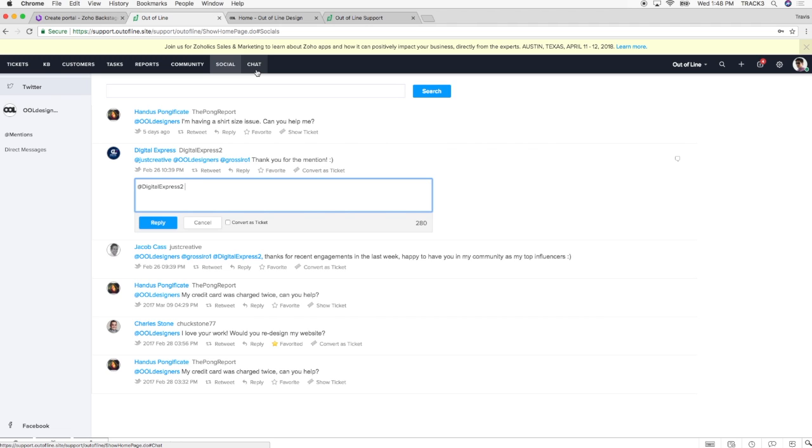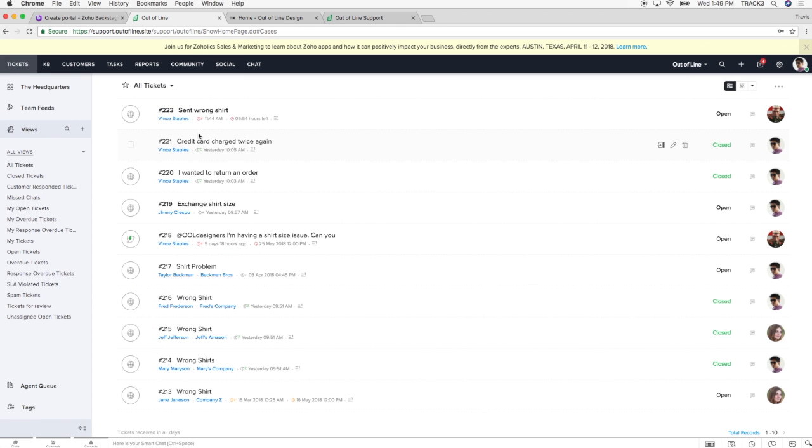And then chat. So chat has its own live chat function. On the website that I showed you, we have Sales IQ, which is sort of like this chat, but souped up. Has way more options, way more abilities in it, and you can do a lot more stuff with it. But if you didn't want to get all the way into that and start customizing Sales IQ for your website, we have a live chat built into Desk that you can use for the purpose of giving you multiple channels. Basic chat is in this.